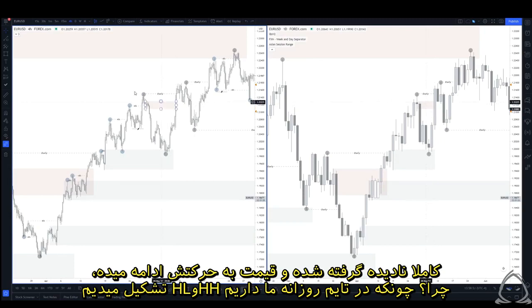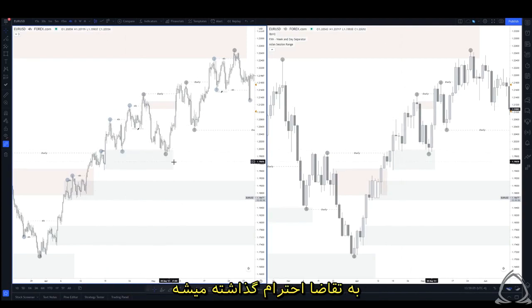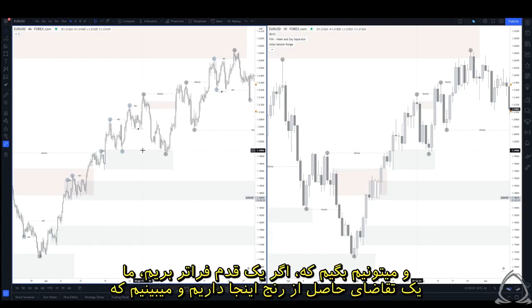It's totally disregarded and price continues on. Why? Because on the daily chart, we're creating higher highs and higher lows. We are in an uptrend. And furthermore, what we can see is supply is failing. Demand is being respected. And what we can say, if we take this even one step further, we have range